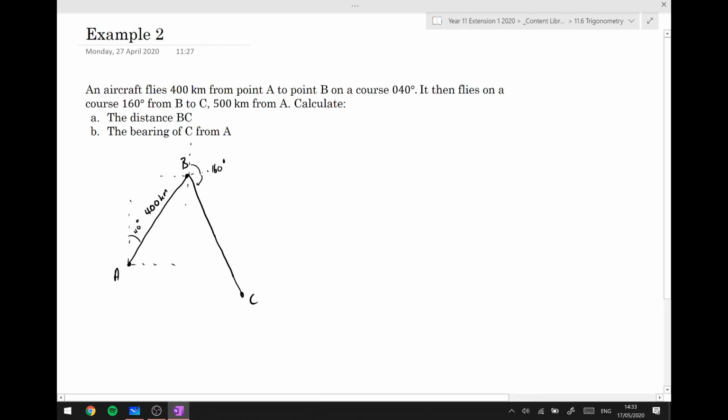500 kilometers from A. Okay, so his new point from A is 500 kilometers. So this length down here is 500 kilometers. Okay. So the question becomes, well, first part is the distance BC. So the distance here. So let's call that distance from B to C, D. The distance. Okay. So now what we need to do is we need to work out, well, what are these